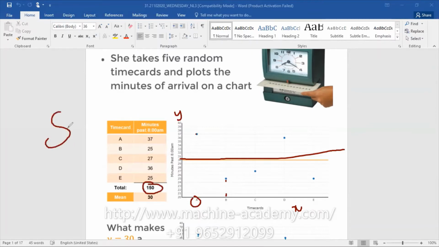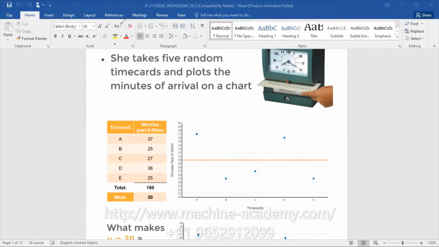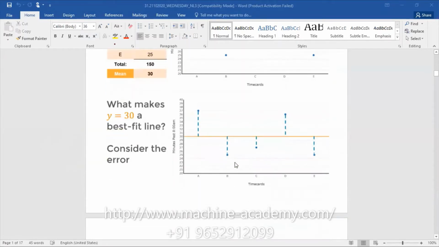Sum of observations by number of observations. You will get a mean formula. Mean formula. You're getting 30. Okay, you're getting 30. Now what we are doing here, observe here, what is mean? Y equal to mean, best fit line here. Okay, now this particular best fit line, what we are doing here,